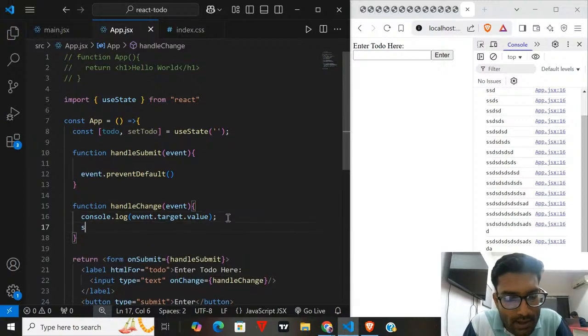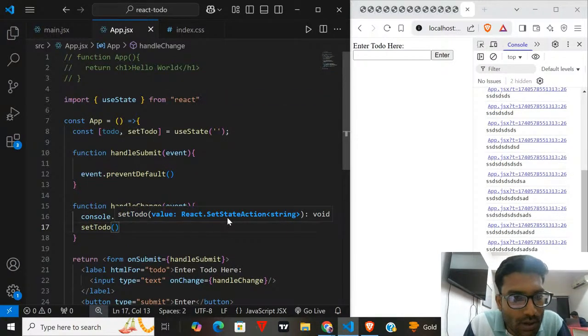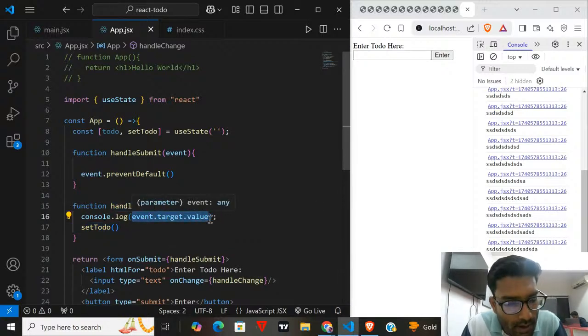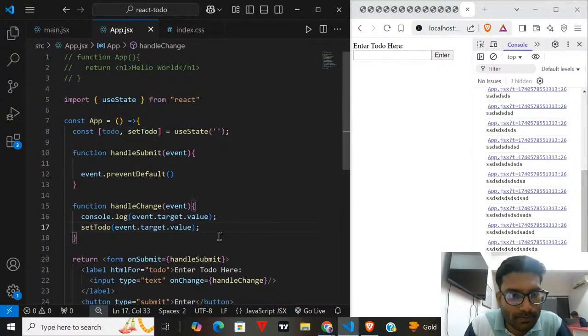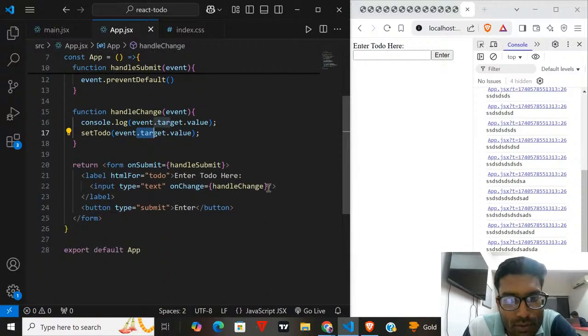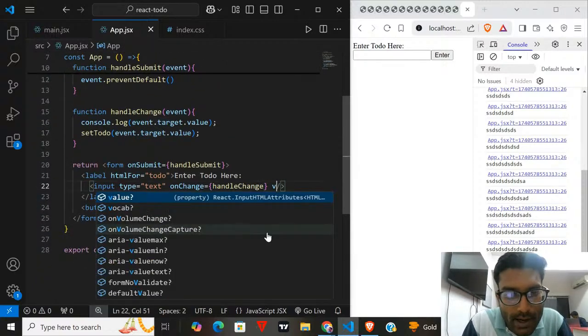So you can write here setTodo. What do we need to set to do? We need to set to do to this event dot target dot value. So copy it and paste it. So now our to do is assigned with this value, and we need to give one more attribute, the value attribute.